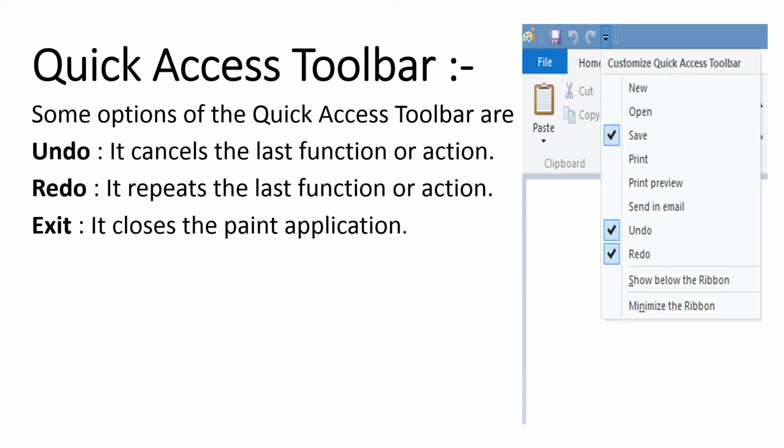We can also add or delete any option in this quick access toolbar. As you can see on the screen on the right side, you can see one image, okay, on the quick access toolbar which is present on the top of the file menu. At the top of the screen there are some options present over there, and there is one drop down arrow also present over there. When you click on that, a list appears on the screen, and from that list you can select or you can cancel whichever option you wanted on the quick access toolbar, okay, according to your requirements, fine.